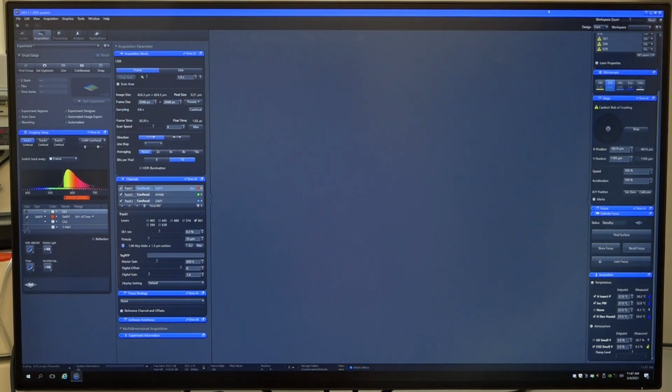And what we can do is a time series experiment. A time series experiment is used if you want to do repeated acquisitions of the sample. So we'll just take the same sequence track. We'll optimize first.